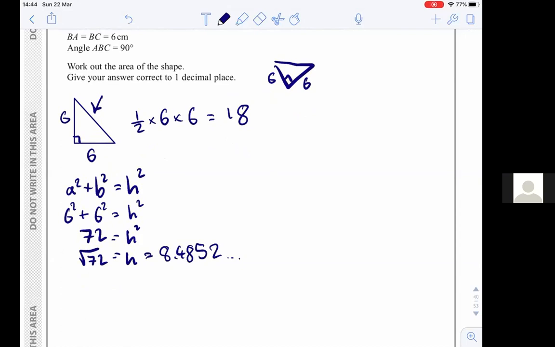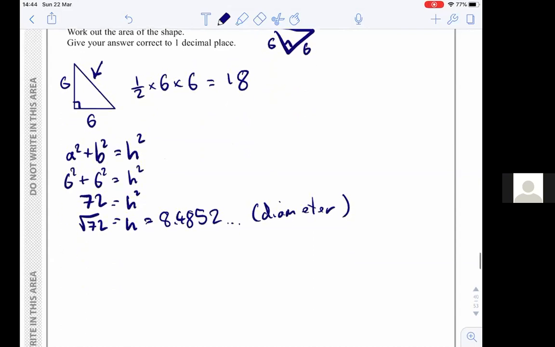Okay, but I don't want this. This is my diameter. I want the radius, so I need to divide this by 2. Which is either 3 root 2 or, if you want to write it as a decimal, 4.24. Again, I tend to want to use exact values where I can,